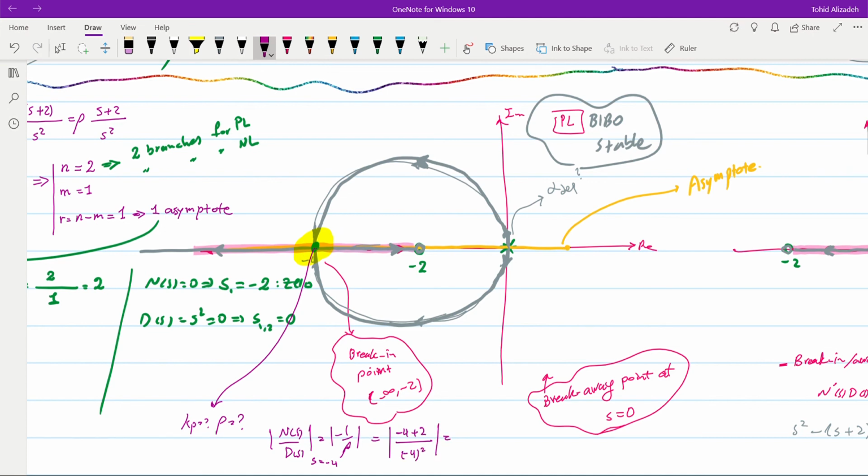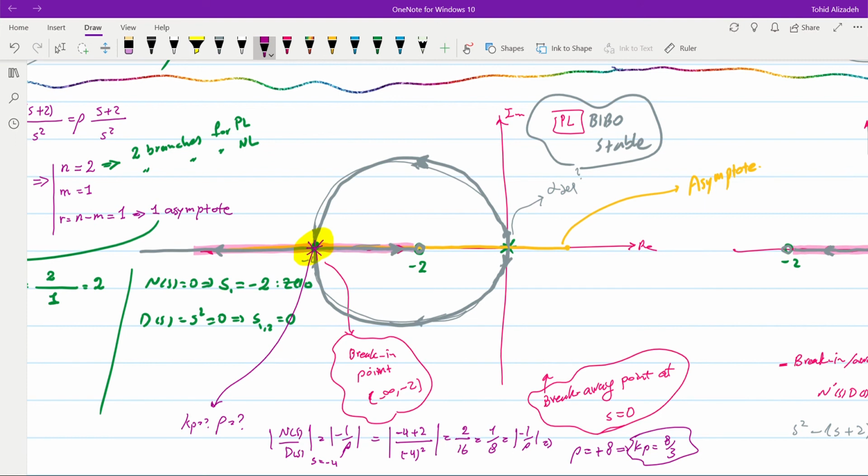And this will give us 2 over 16, which is 1 over 8, and it's equal to minus 1 over rho. Therefore, rho will be plus 8 because rho is positive over here, and Kp will be equal to 8 over 3. In this case, we will have two poles exactly at the point minus 4,